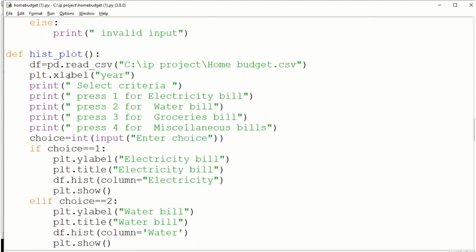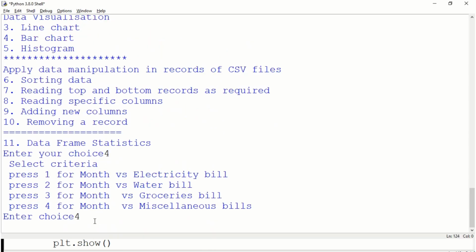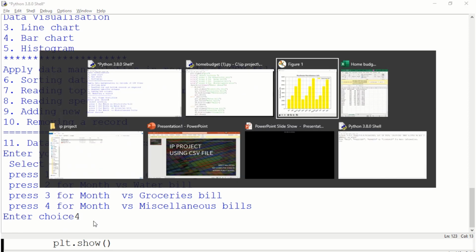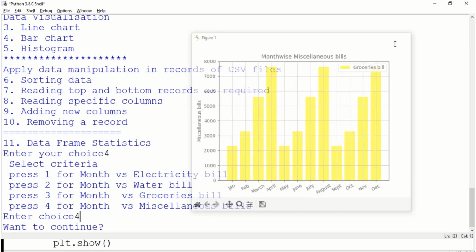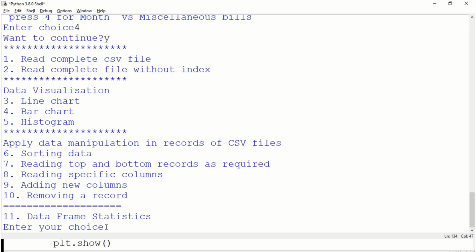And then similarly comes a histogram, and again you are plotting the histogram with the particular columns, and let us execute. Okay, yes, I want to continue, and now I want to plot a histogram,